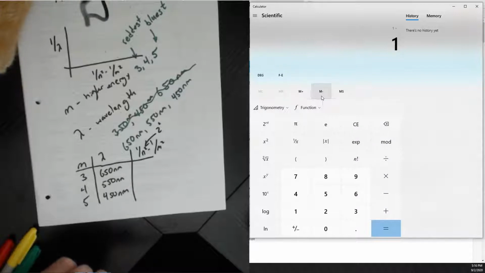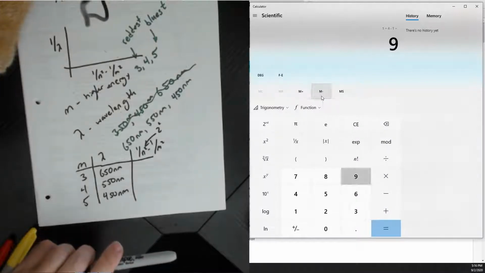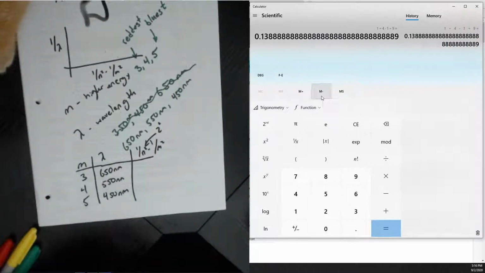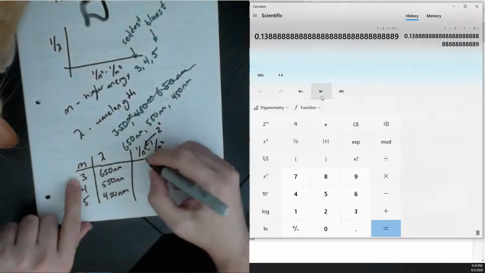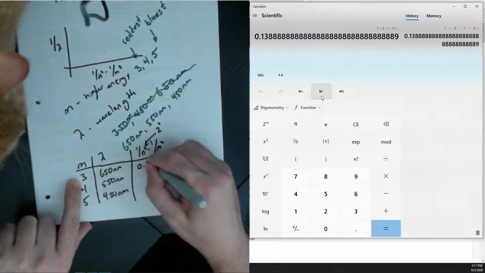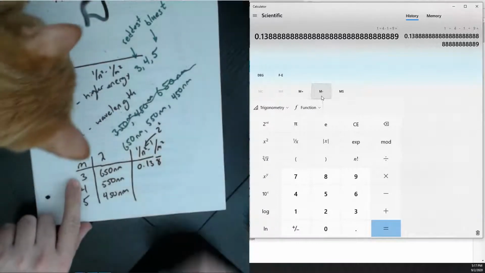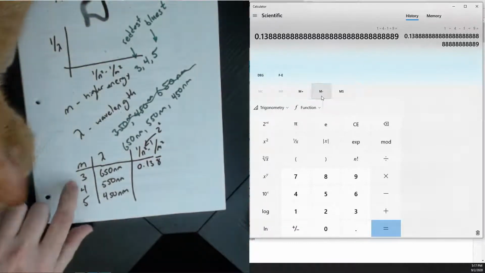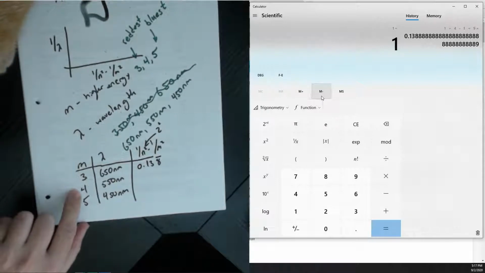So 1 divided by 4 minus 1 divided by 9 gets you your first x value, 0.138 bar. All right. Next would be 1/4 minus 1/16,